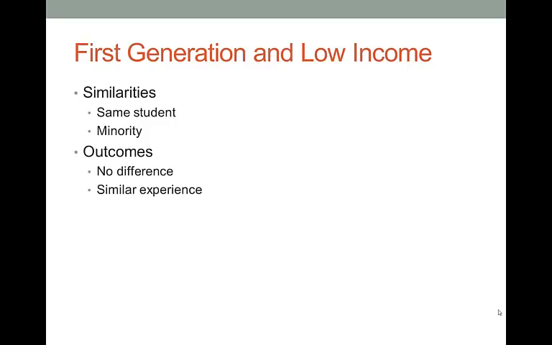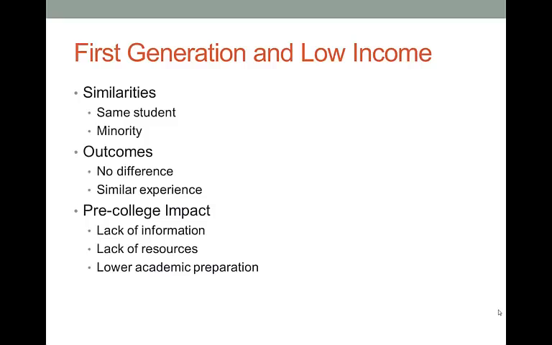Well, there's no difference. A first generation and low income student who completes college will have a very similar experience in terms of the outcomes and the development and the identity development. The biggest difference will be the challenges that they have to overcome to get to graduation. That's where the difference is for first generation and low income, for second generation and non-low income students. So the experience is similar, the outcome is similar, but the challenge is getting to graduation. And there are various reasons to that.